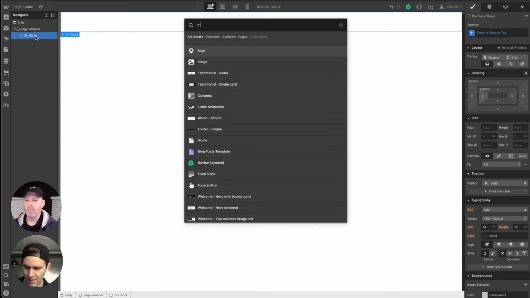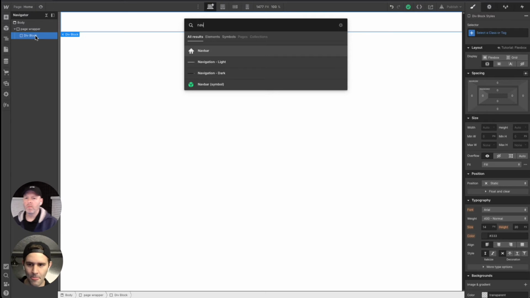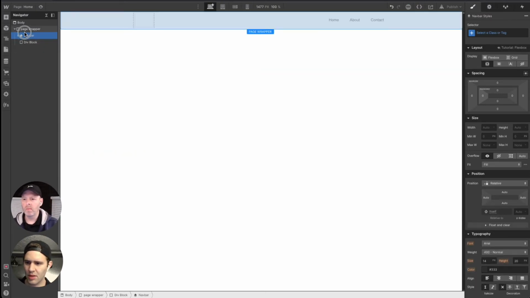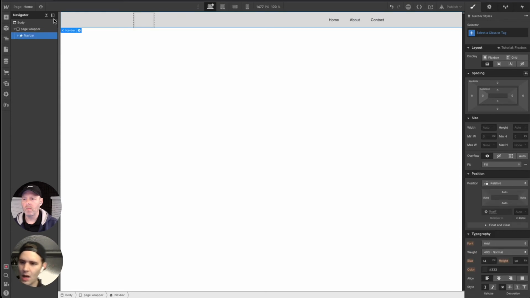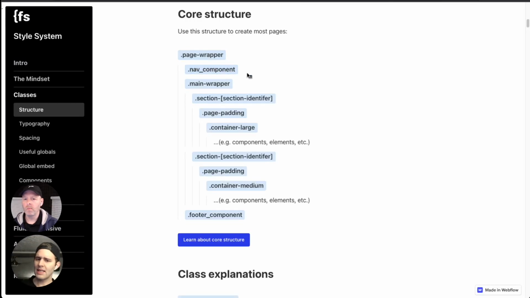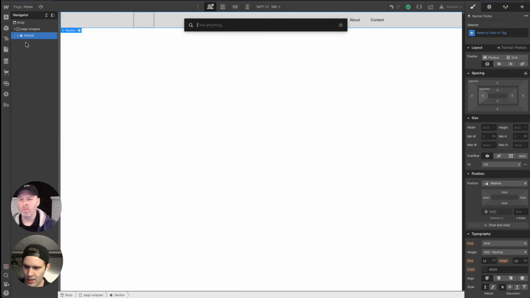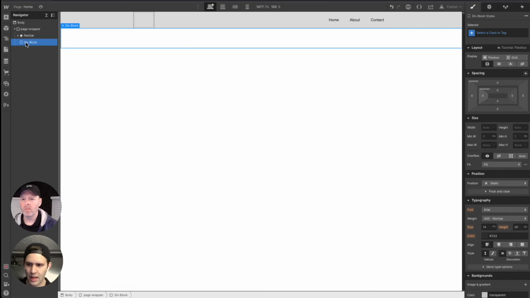Command E. We're going to grab out a nav. Boom, we're adding a nav bar. Actually, you know what? I don't want this div block sitting here. All right. Then the next thing they do is add a main wrapper. So this main wrapper will be wrapping the rest of the content for our website. So we're going to now grab another div, and we are going to name this main